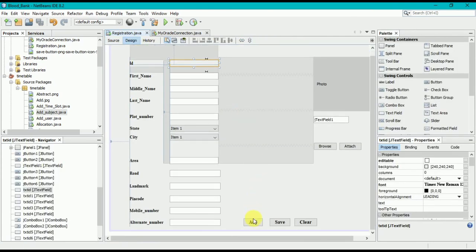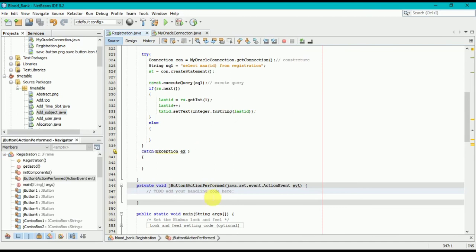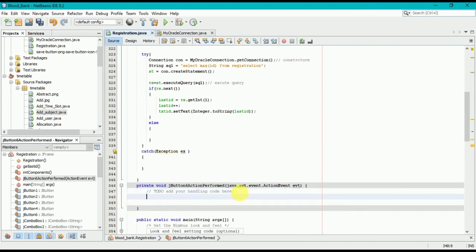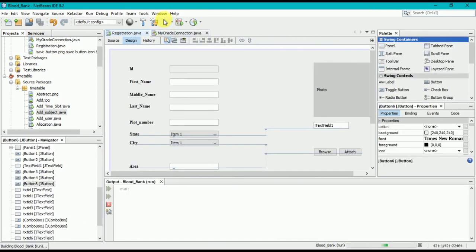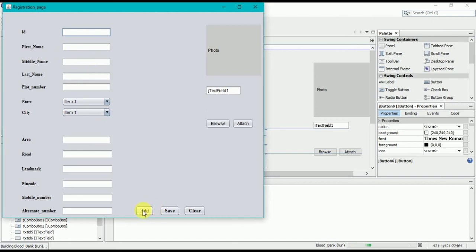So now we are going to call our function. For calling the function, just simply call the name, getLastID. The function has been called. Let's see whether the code works or not. Add. So the code is working.